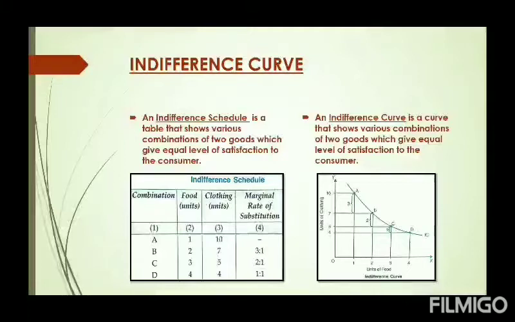So we use two dimensions, x-axis and y-axis. So let us assume a consumer consuming food and clothes. The table is given over here. Then 1 unit of food and 10 units of cloth is giving a certain level of satisfaction. Then if the consumer wants to be on the same level of satisfaction and he is consuming more food, then the consumption of clothes should be decreased, correct? So consumption of food increases from 1 to 2. At the same time, clothing decreases from 10 to 7 units.